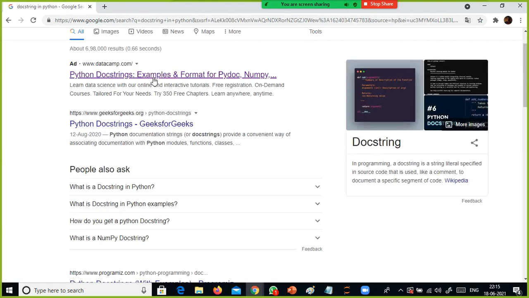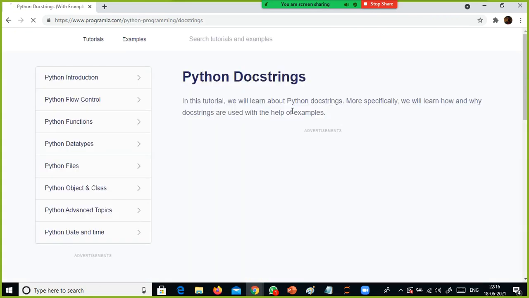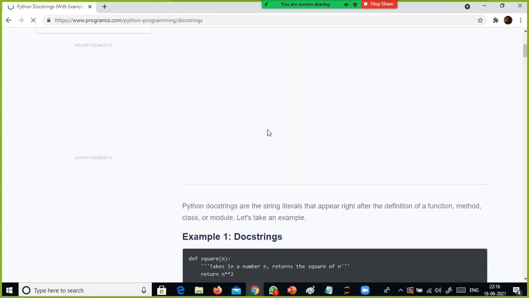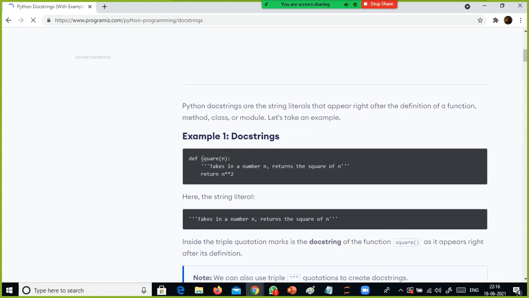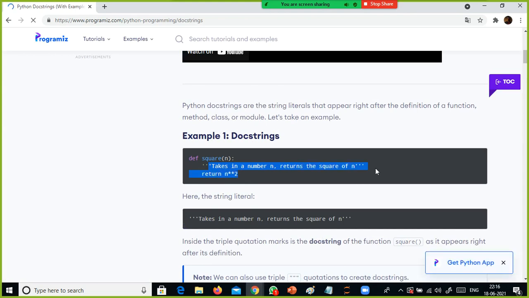So, documentation strings are string literals that appear right after the definition of a function, the formal definition. See, this is the function, and the same thing is used here. This is how you need to specify the comment.